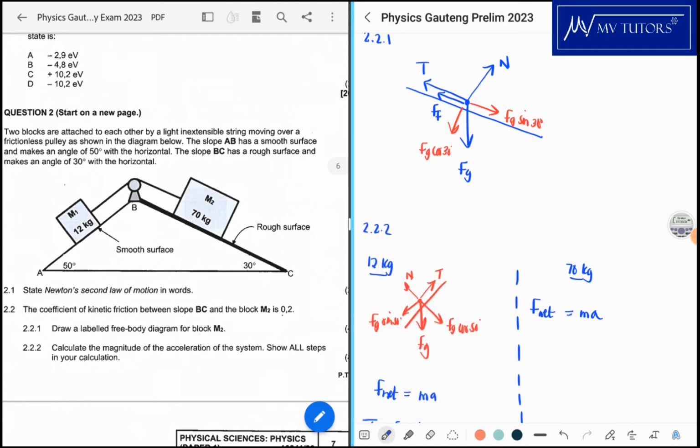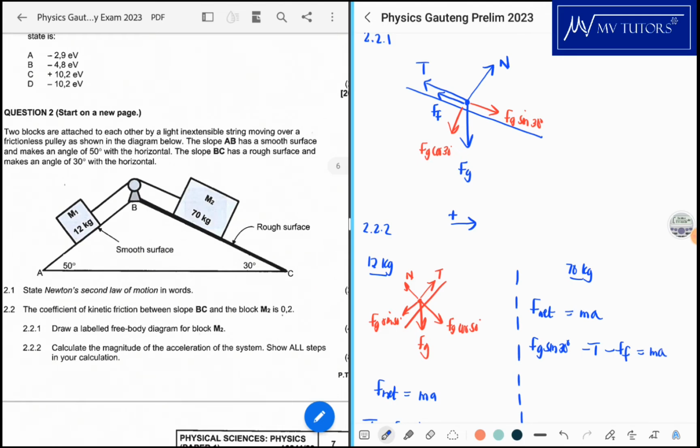Okay, so for the net force, let's take going to the right as positive. For the 12 kg block, tension was positive, whereas the parallel component of Fg was negative. In this case, Fg sine theta will be positive. Okay, so we have Fg sine 30 degrees minus the tension minus the friction force, and that is equal to